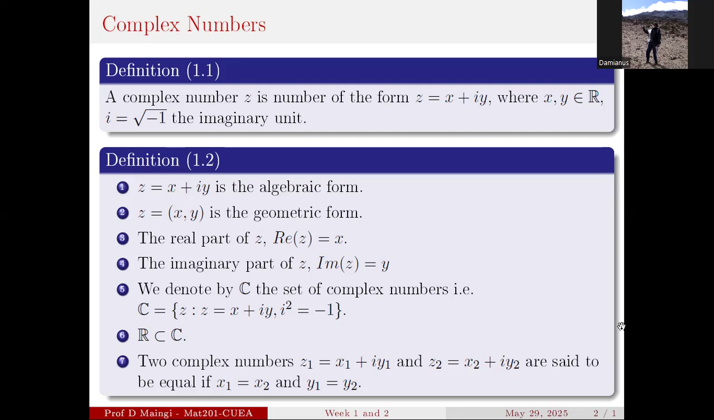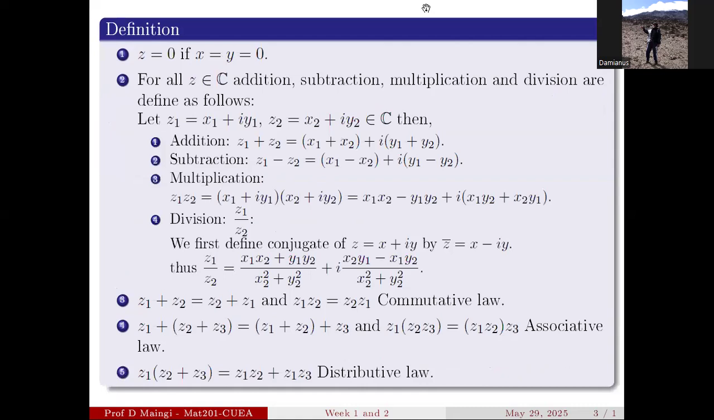And so now next, here, is that Z, this complex number, is 0, which means that the real part X and the imaginary part Y are equal to 0. All right. So now I think I was talking about